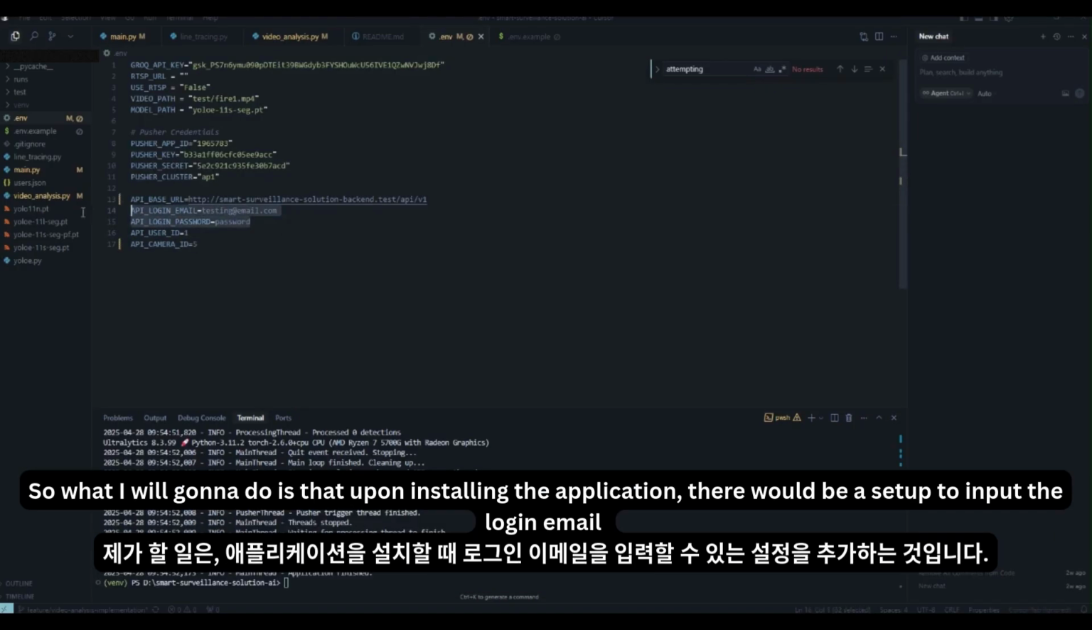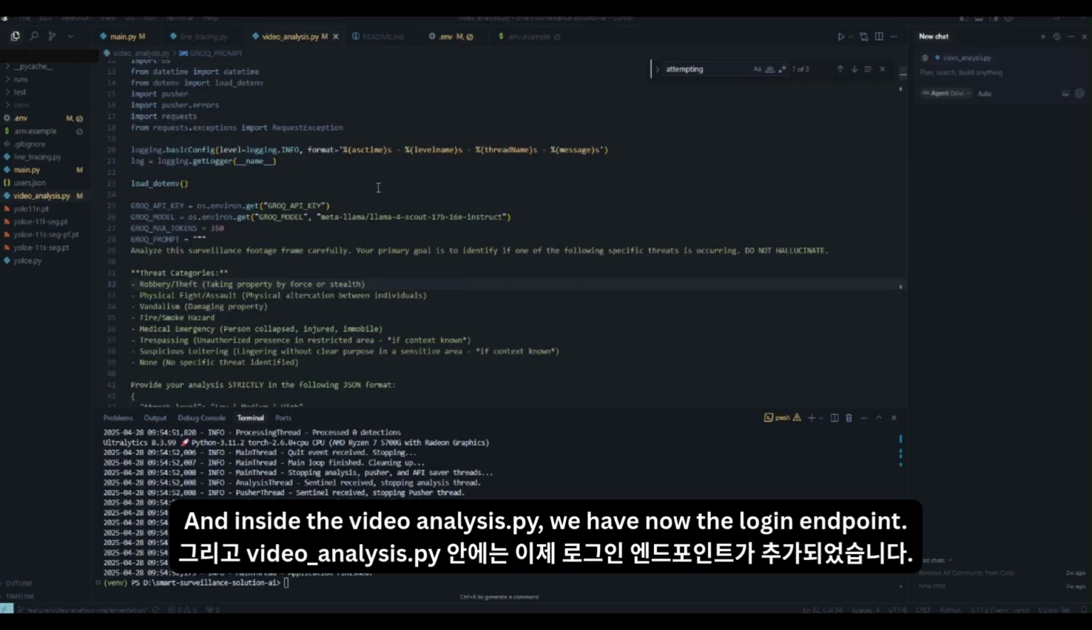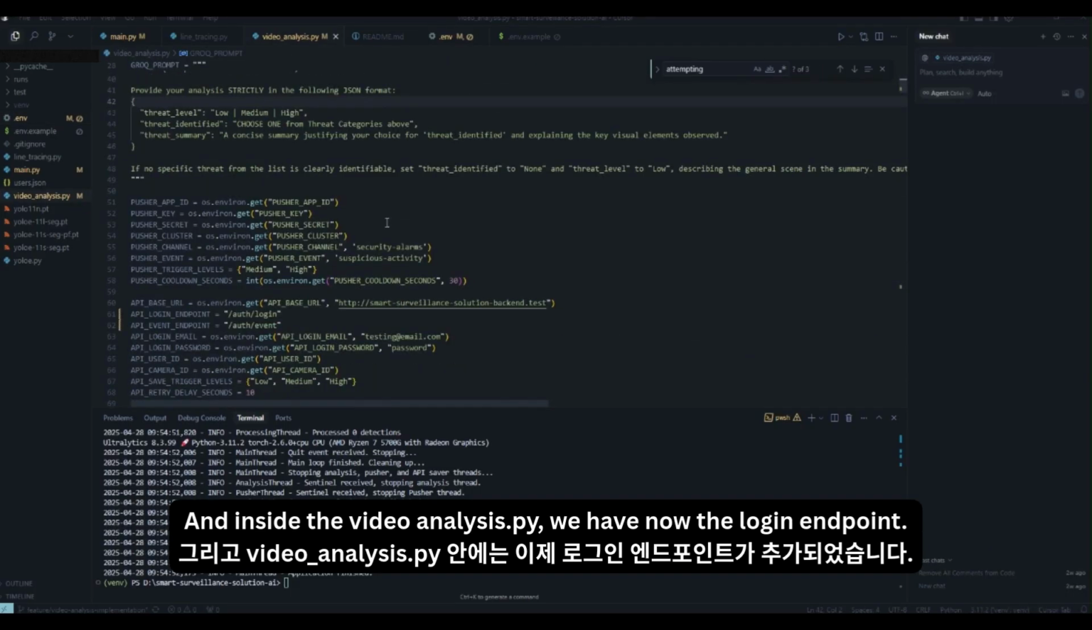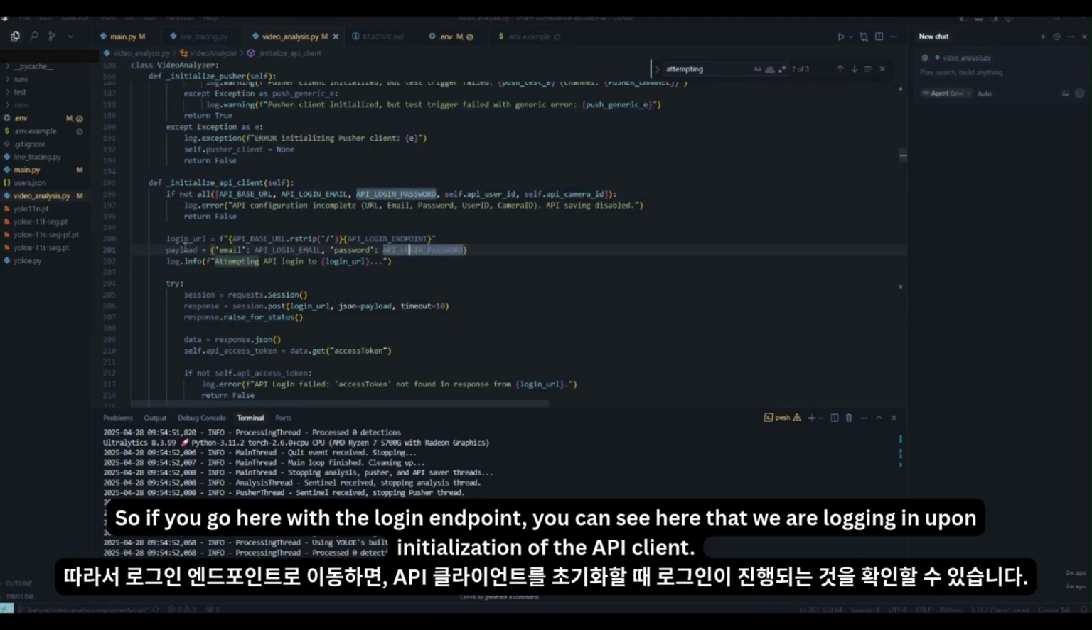So what I am going to do is that upon installing the application, there will be a setup to input the login email and login password that the administrator will use for this account. And inside the video analysis.py, we now have the login endpoint. If we go to the login endpoint, we can see that we are logging in upon initialization